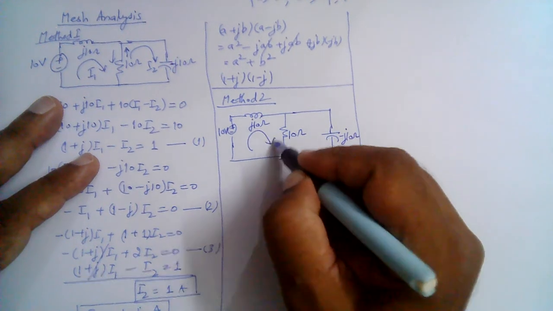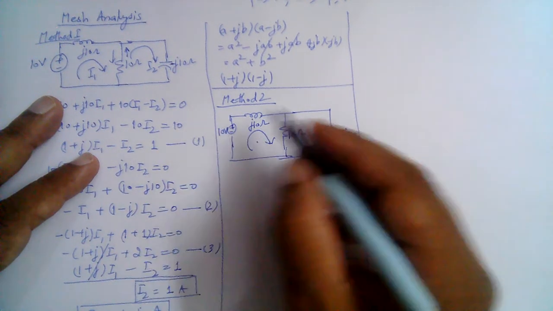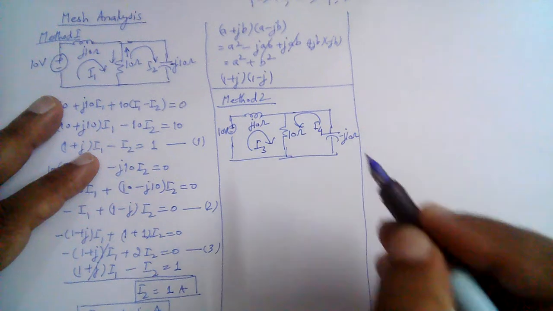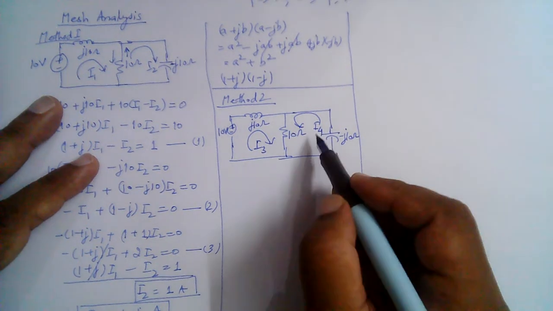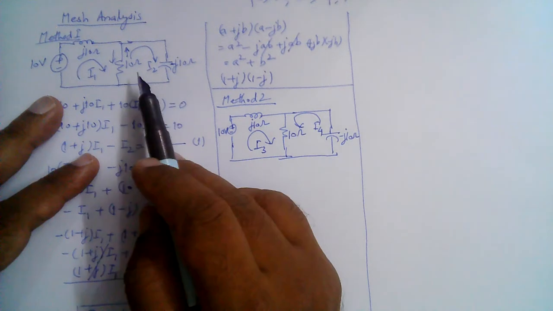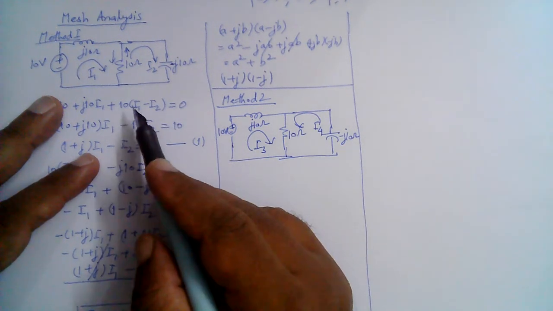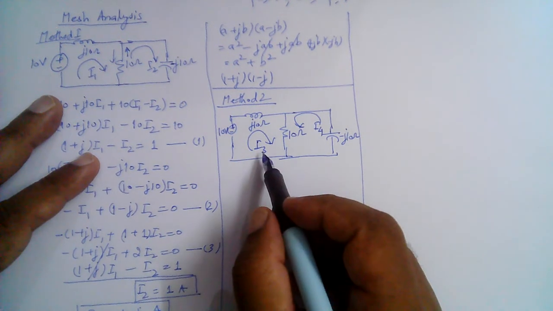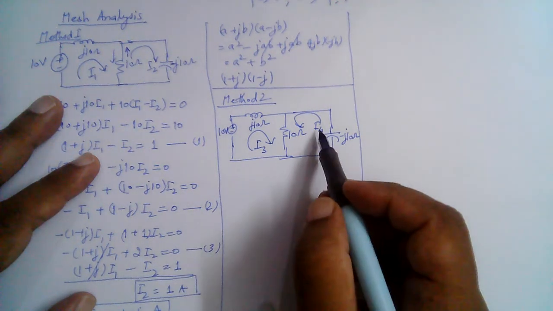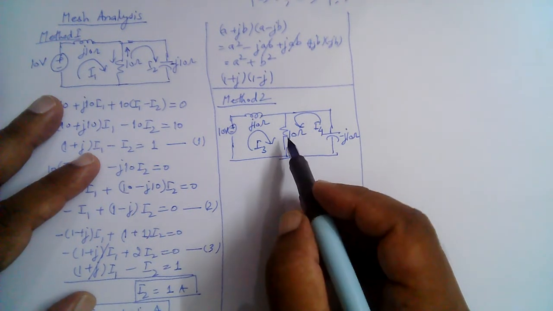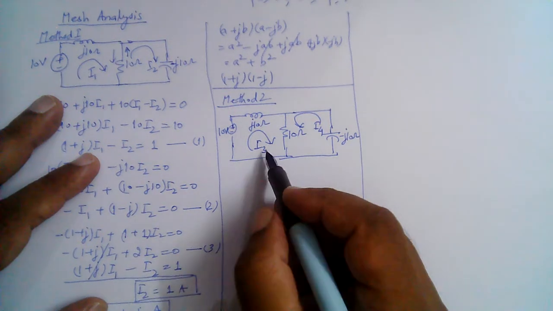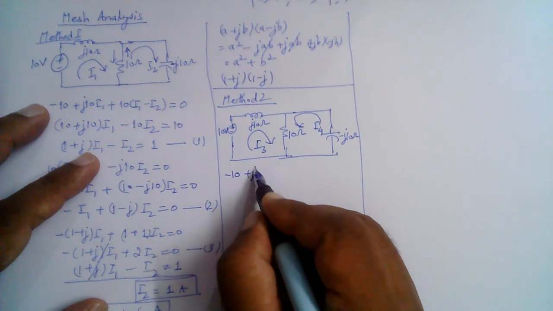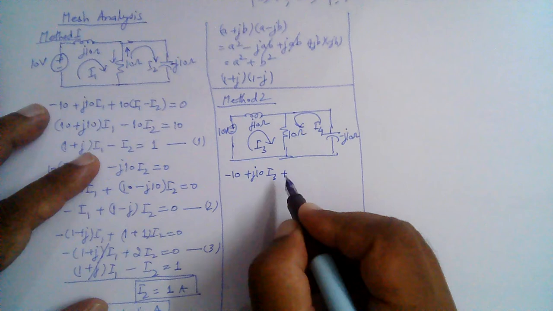So let's assume direction for this current the same as the previous one, and let's assume this direction here. So let's call this current I3 and I4. So the direction of I4 is now opposite to that of I2. The direction of I3 is the same as that of I1. So when we solve this, we should get I3 the same as I1, but I4 we should get the opposite of that of I2. So let's write down the equation for I3. So this will be the same as the equation here. So that is minus 10 plus j10 I3 plus